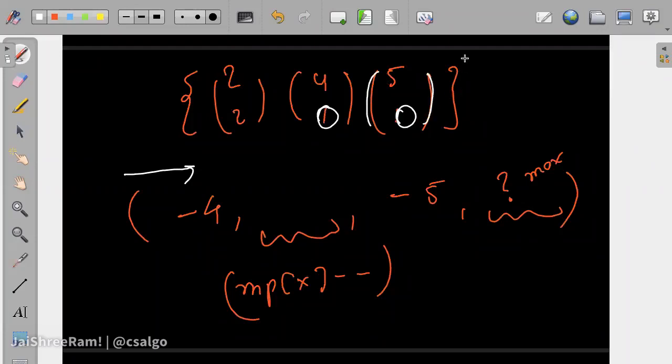If you go with the strategy that we designed using the rbegin, rbegin will point to this. But this element is not actually present, right? Because its frequency is 0. So whenever something's frequency becomes 0, you will have to erase it from the map. That's very important to maintain this min and max that we're talking about.